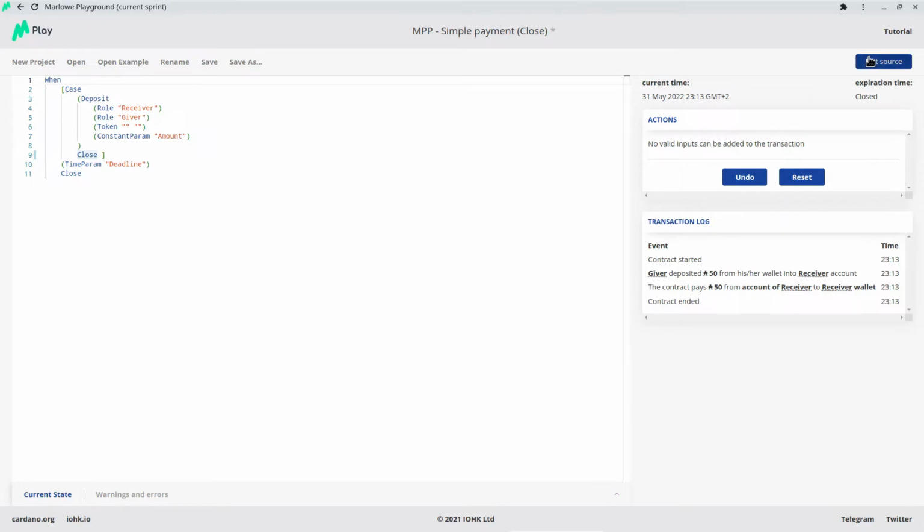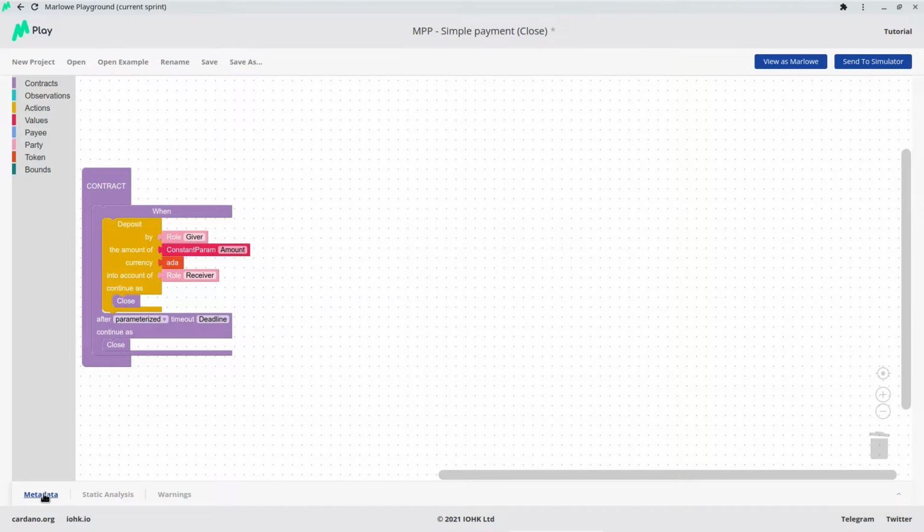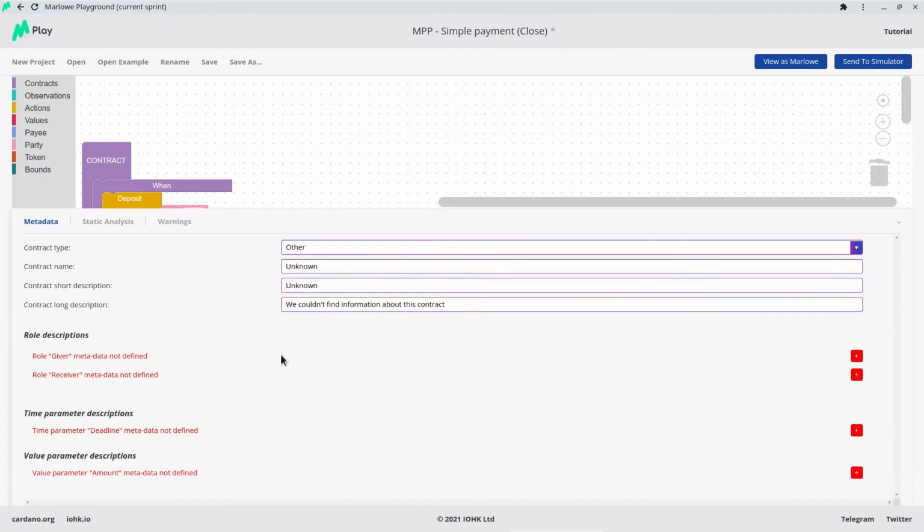If we go back to edit source, we see down here this metadata tab, and if we click on that, then we can edit the so-called metadata of the contract. So that's things like descriptions, names, help texts. In particular for the contract itself in the top portion, and then for the parties, the participants, and finally for the parameters. So for example, contract type other is fine. Contract name is Marlowe Pioneer Program, simple payment,